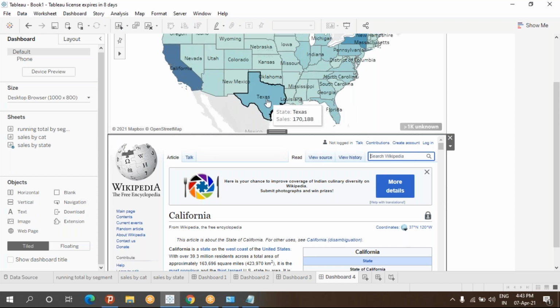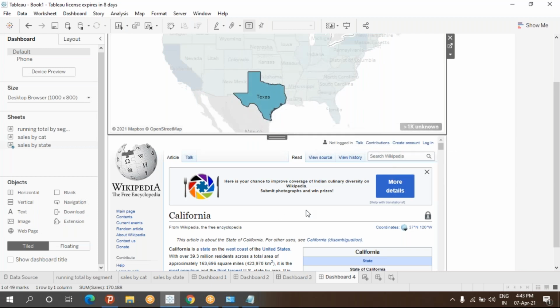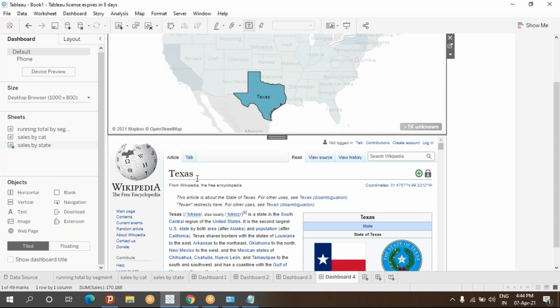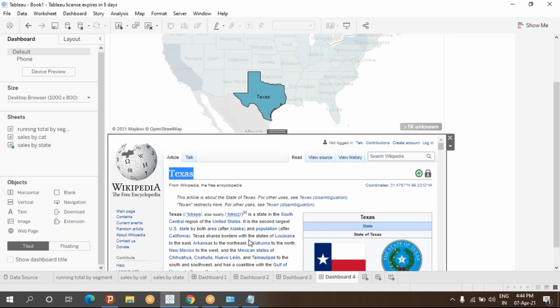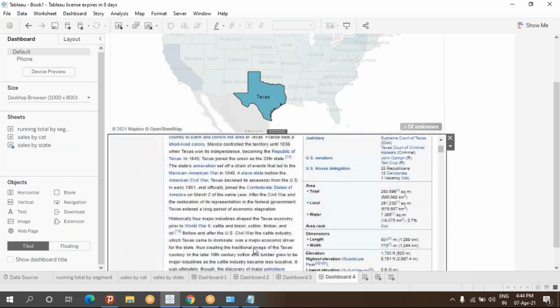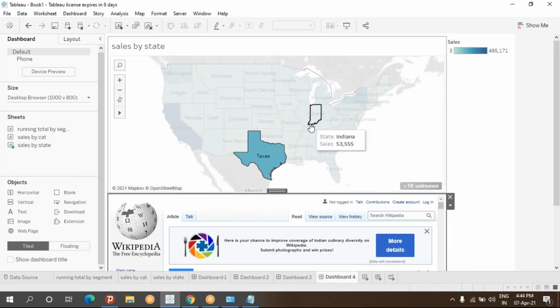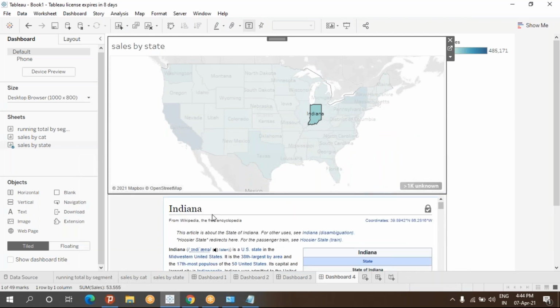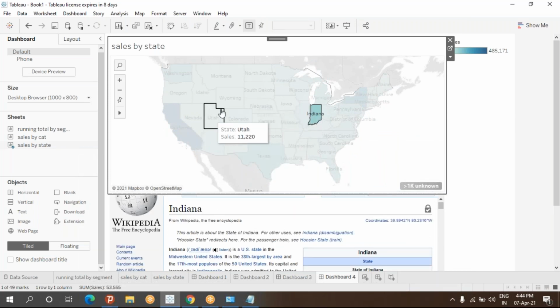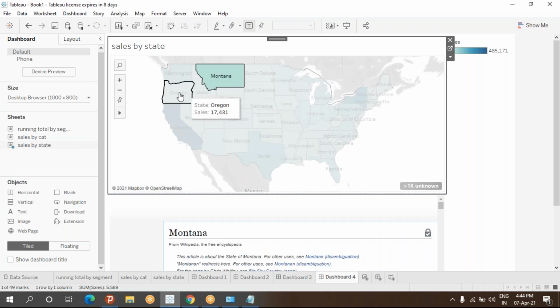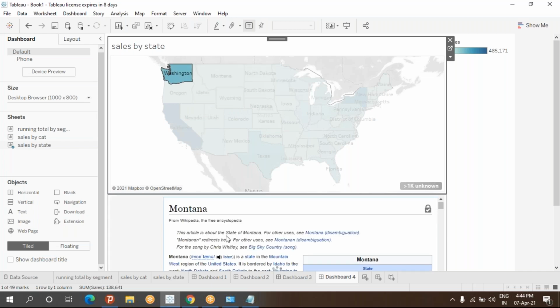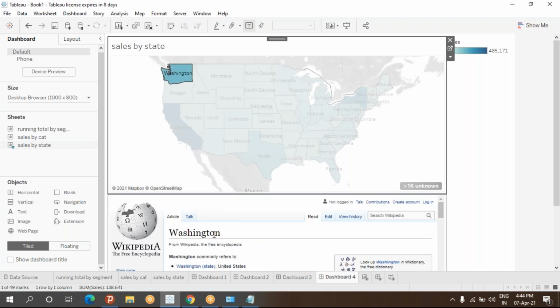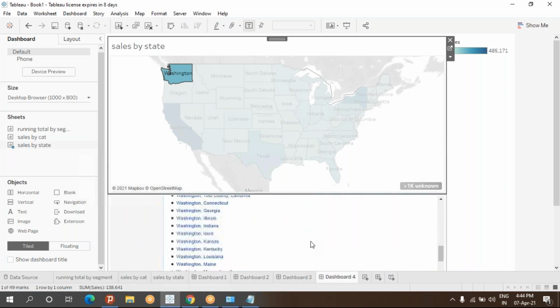So now what happens here? I will click on Texas. See, automatically it is loading here. I'm getting the details for Texas. Once I click there, I'm getting India now. Okay. Montana, Washington. Just by clicking that, automatically it is getting loaded here.